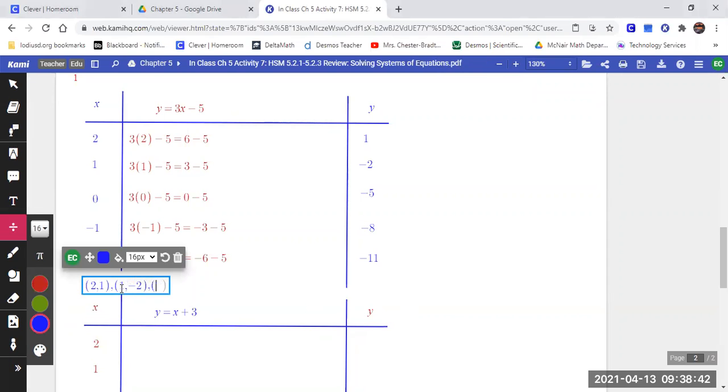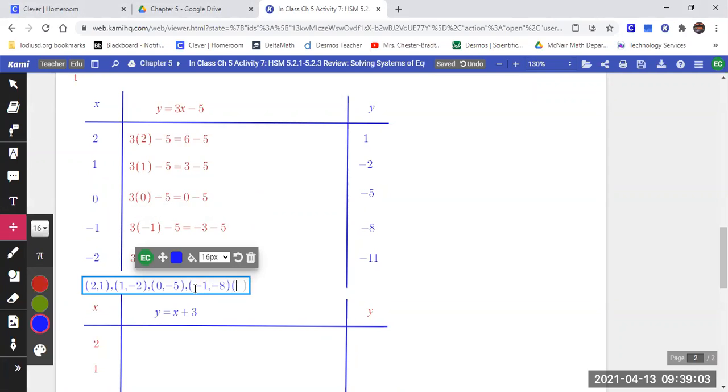Because that tells us coordinate. What's our next one? 0, -5. Okay. Keep going. -1, -8. We're on our last one. What would that be? -2,